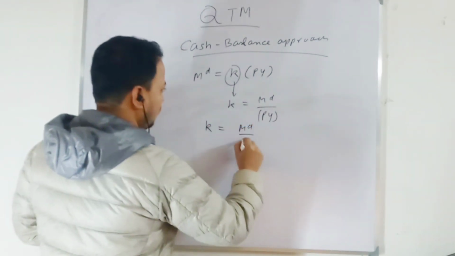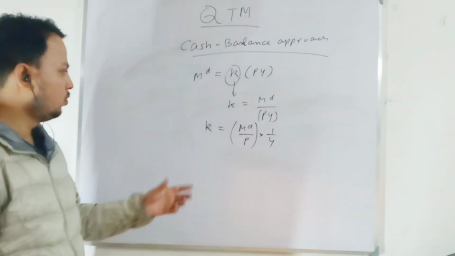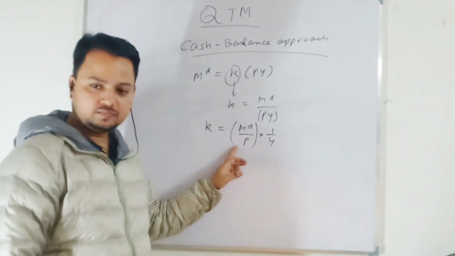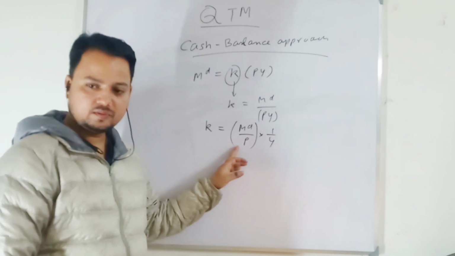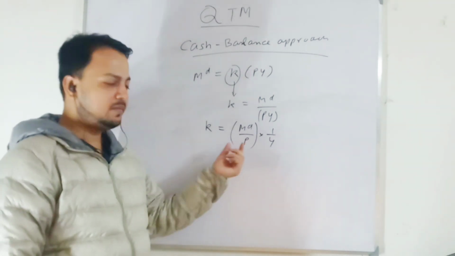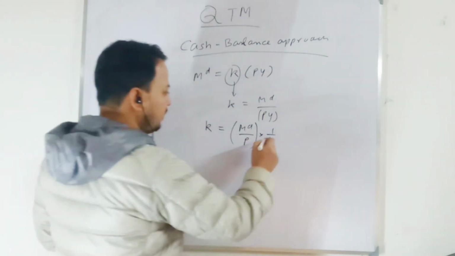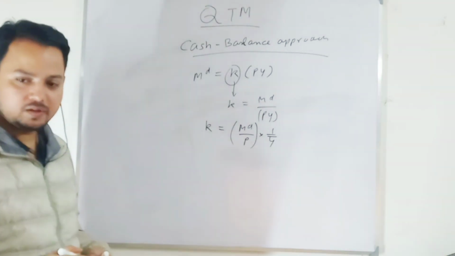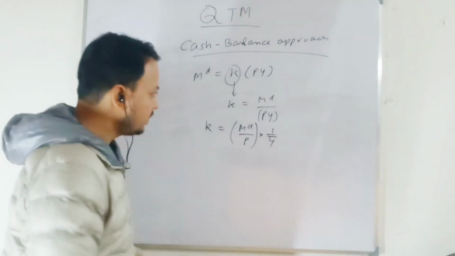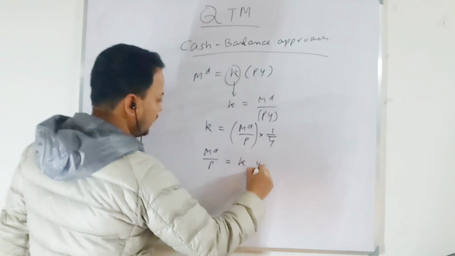So I write this equation in this form. Now look at this K. What is this? Money demand over price level, right? So what is this? Real demand for money. When I divide by price level, it becomes real. So this is my real demand for money. Once the output level is given, my real demand for money will be proportional to real output. Let's look at this equation in this form: MD by P equals KY.